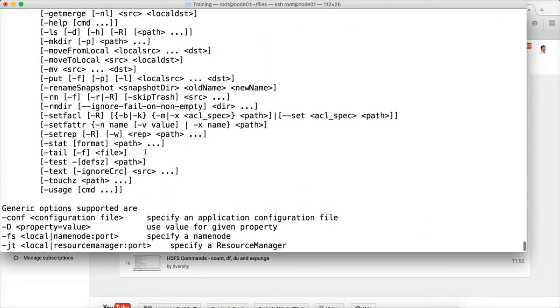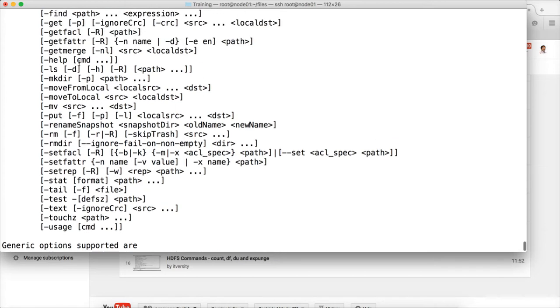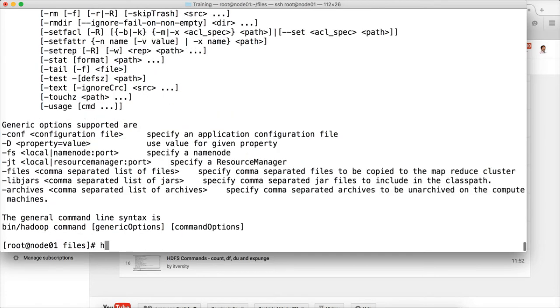The next command is -ls, because help we have been seeing for quite some time. For every command I am using help, so we will defer it. No need to cover help again. As part of the first video I have also covered help. It is just to get the details about each of these commands. Now we will see one of the most frequently used commands, ls. To get the help,